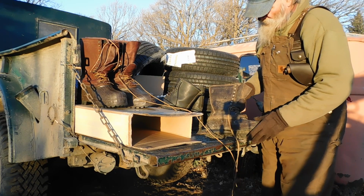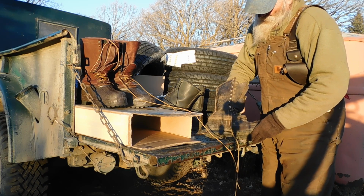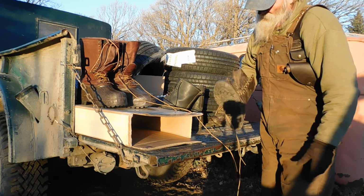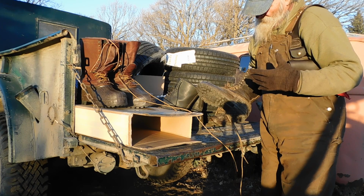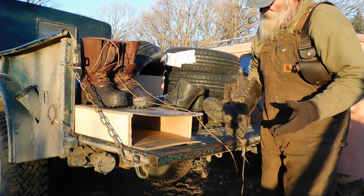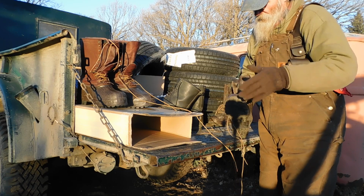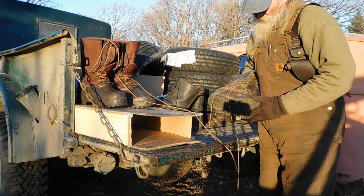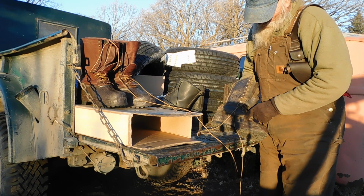But I mentioned in a video I did on hoarding or stocking up that it made me a little uncomfortable that I only had one pair of these Schnee boots, because I kind of count on them. They're a great hunting boot, in between and not the real cold boot. Well, it wasn't but 2 weeks after I did that video that I'll be darned if I didn't,